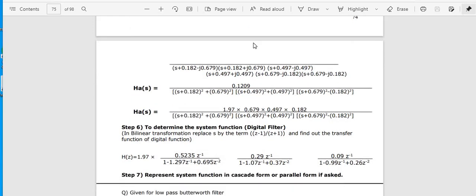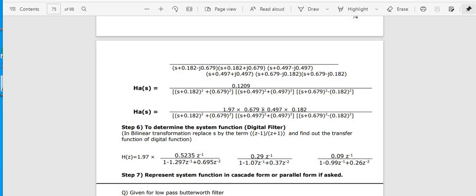Similarly, I want to find a digital system now. How do we get the digital system for that function? By using the bilinear transformation, wherever s is there, we can write (1 minus z power minus 1) by (1 plus z power minus 1) into 2 by T. T we took as 1. So here we got 2 times (1 minus z power minus 1) by (1 plus z power minus 1), the 2 we are cancelling, and we are writing directly (z minus 1) by (z plus 1).